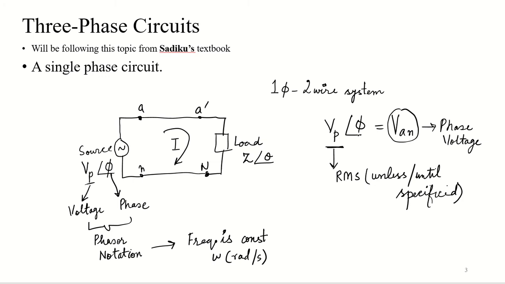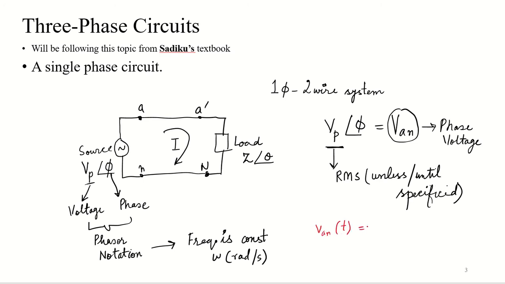So again, a few points to take from this. In a single phase circuit, we have a source and we have a load. The two terminals of the source are connected to two terminals of the load. One is the live wire, one is the neutral wire. The source is generating a voltage Vp with a phase angle of phi. This is the phasor notation, and it has a constant frequency of omega. It's also written as phase voltage, for example VAN. Remember, the instantaneous time form of this VAN